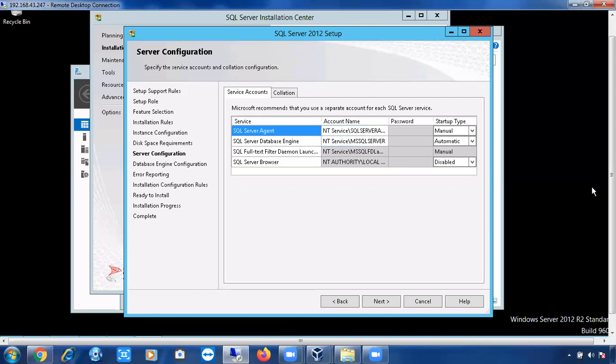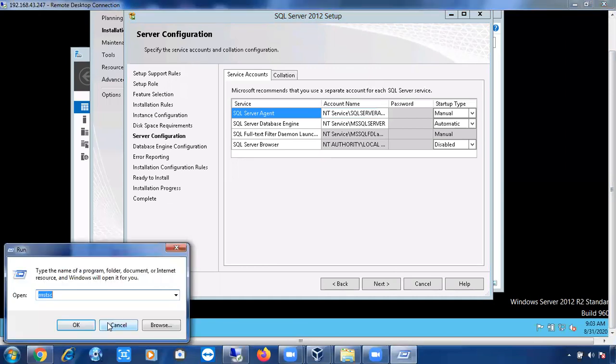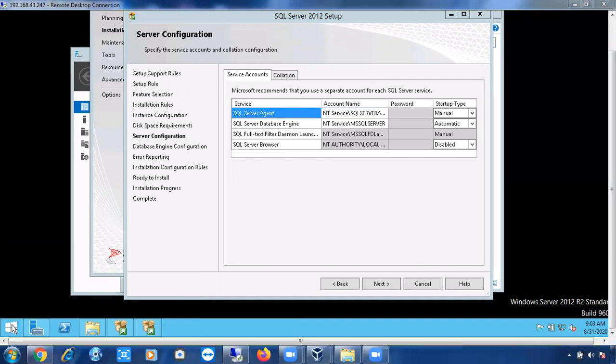Now, like how I did yesterday, let me create a user, make it a service account, and give that service account here in this screen. Service account means user, like yesterday. Let me create a user, make that user an administrator, and give that user as a service account here. Just 1 minute.